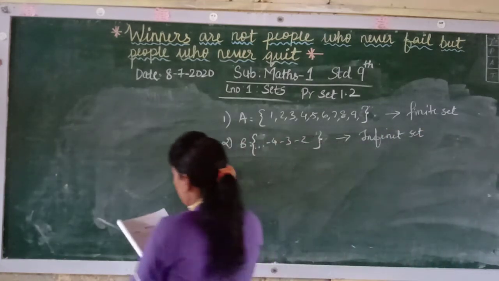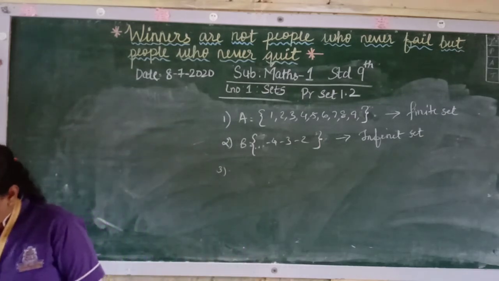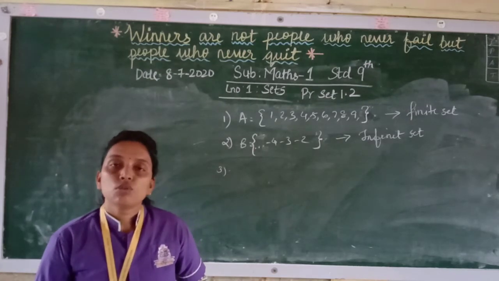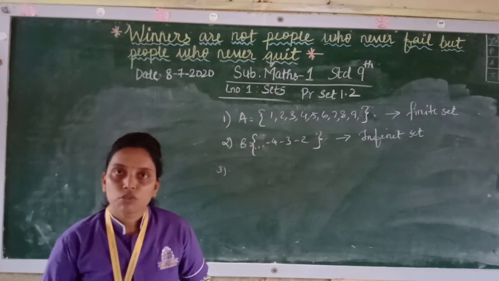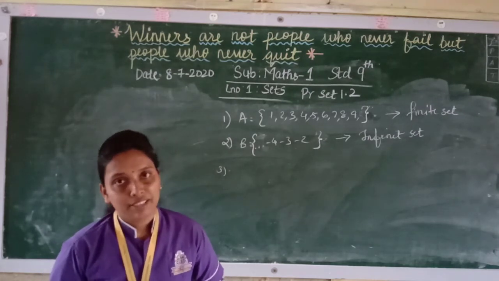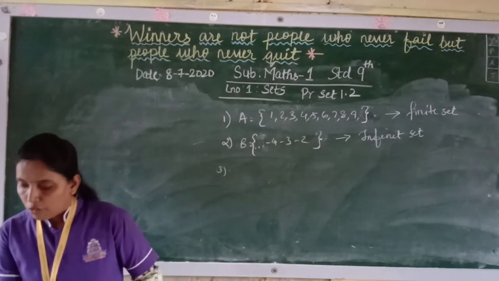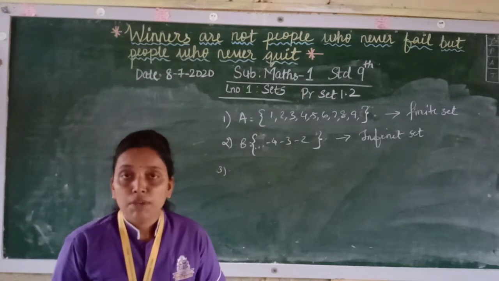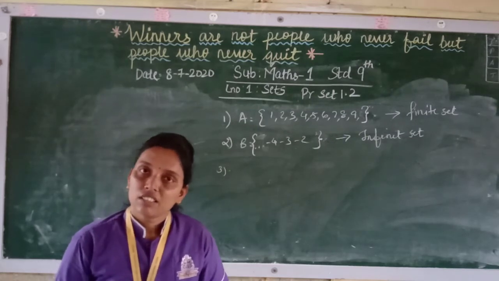You see the third one, set of students of class 9. Now of class 9 if you find, now see, students from a class are countable. Now you know how many students are, around 55 students are there in your class, so they are countable, so that will be a finite set. After that it is set of people from your village. Now in a village also people are very less, you can count the people, so people from the village are countable, therefore it is also a finite set.